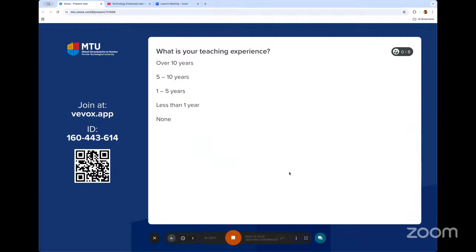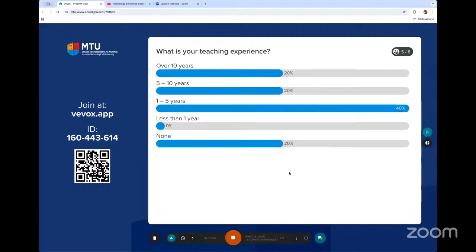What is your teaching experience? So here I'm just giving an example of a poll. It might be checking in with your learners as to whether they've experienced a subject matter before. Okay, we've had 5 responses, so I think we could display the responses. Excellent. So we've got a very diverse group here, so I'm talking to a diverse range of people. That's wonderful. So now I know a little bit more about how to target my audience. And our next question is,